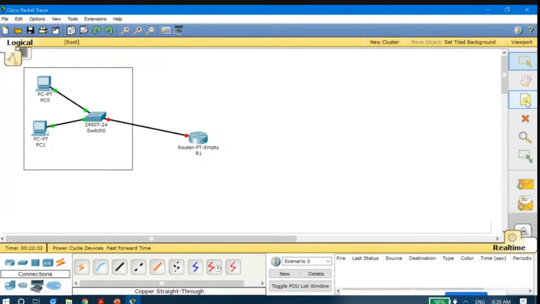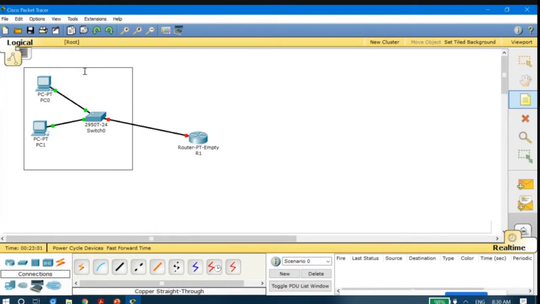They are only like the remarks you furnish in a normal program. In the same way, here also it is better to do a little bit of documentation. The next thing is we have to add certain comments here. If you want to add comments, you have to click on this yellow colored sticky note icon. Once you click on it, it will show you place note. After clicking there, you could just come back here.